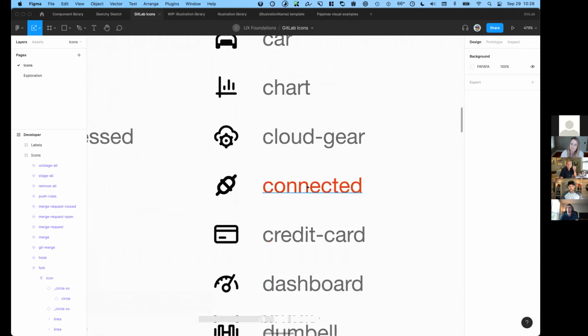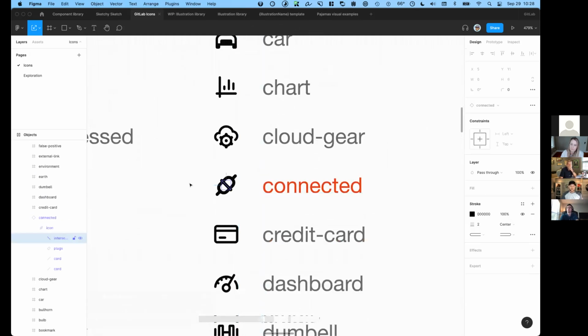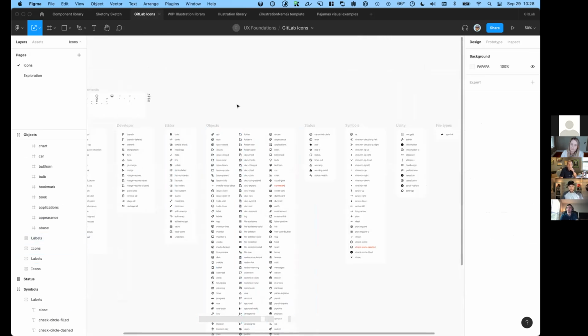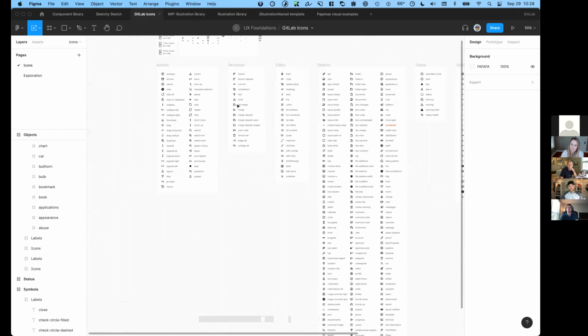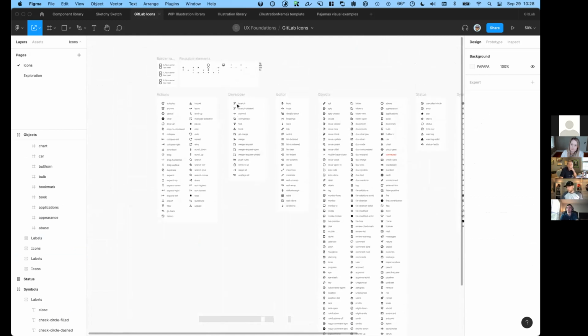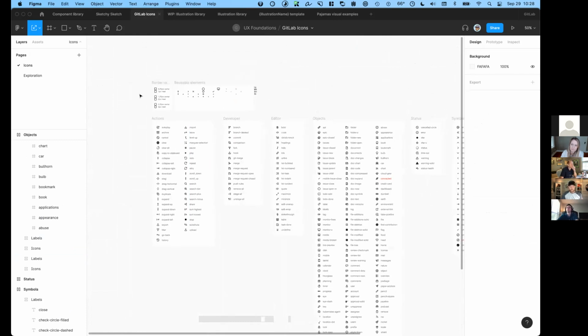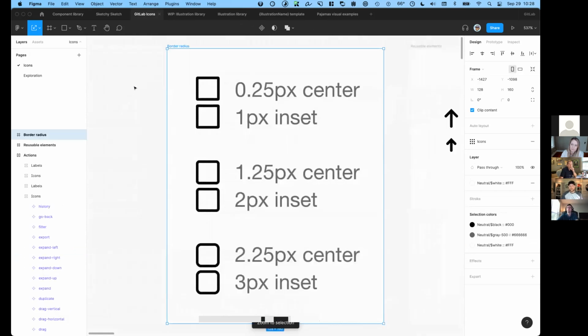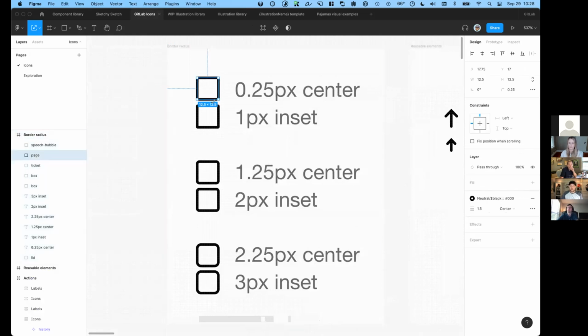So what I did was duplicate the file and create a placeholder for everything that needed to be updated. Here's an example: it's red, which means it's actually using the old stroke weight and needs to be updated, so that I could go through, update the glyphs, update the symbols, and work through that. My initial starting point was really lightweight documentation to make this easy for myself. I created a little guide that says, if I'm using a stroke weight of 1.5, and there's background on that, as I mentioned,